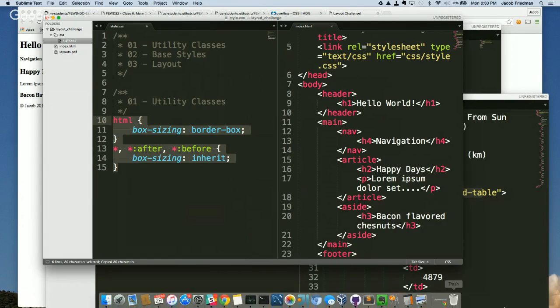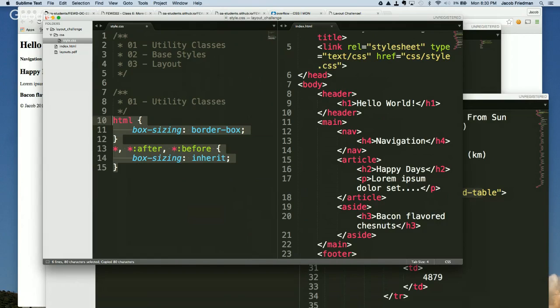And as I'm typing these things, I'm going to put them in Slack, so in case you get behind, you can copy them. So remember, this changes the way that width works on our page. This will make us sane, especially when we start doing our layouts, because it makes the width mean